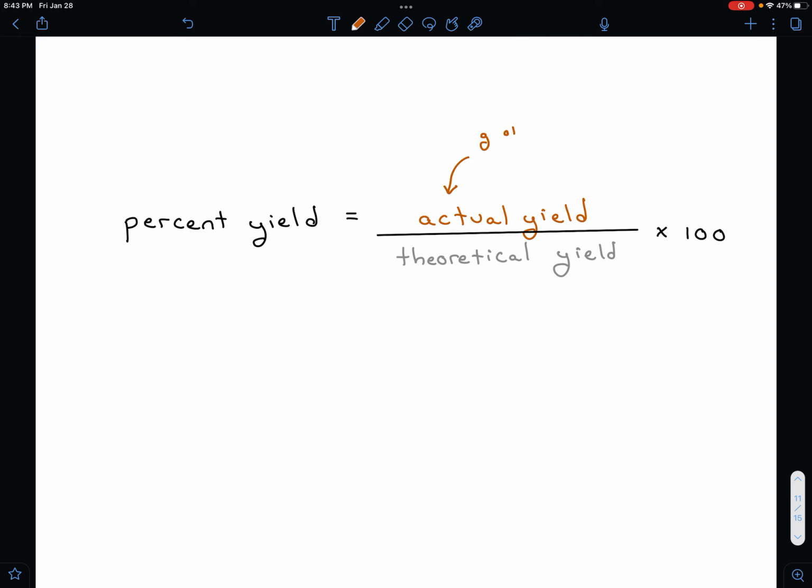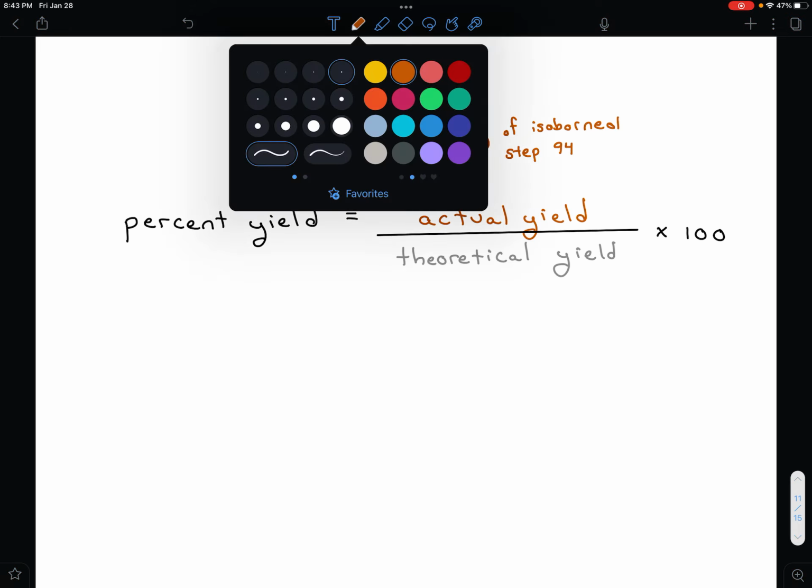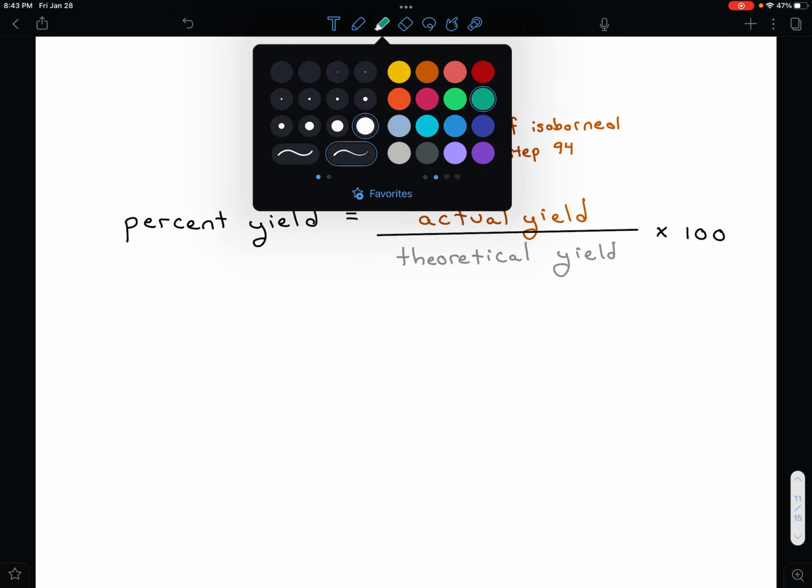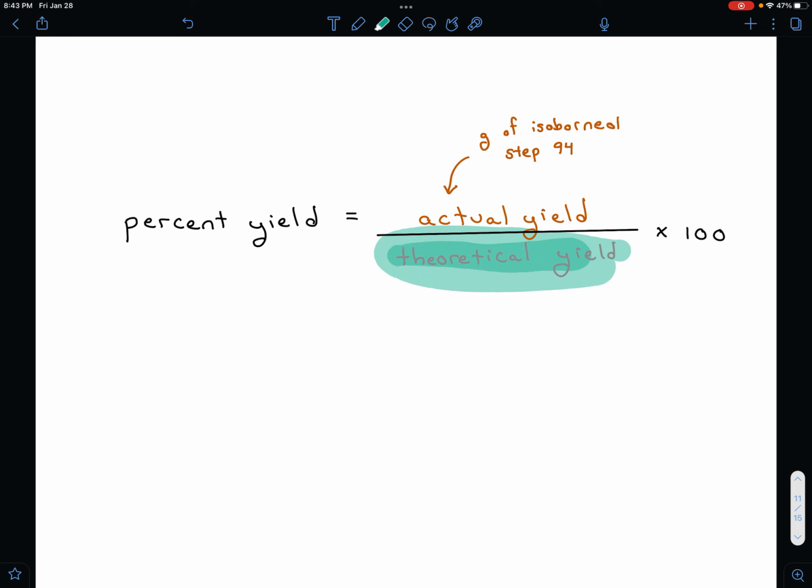That's the number of grams of isoborneol that you measured in step 94 of this experiment. So if you look at the photograph you took for the grams of isoborneol from step 94, that's your actual yield. That's the grams of the product that you actually got when you went into the lab and did the experiment. The theoretical yield is how many grams of product you could theoretically get if you did the experiment completely